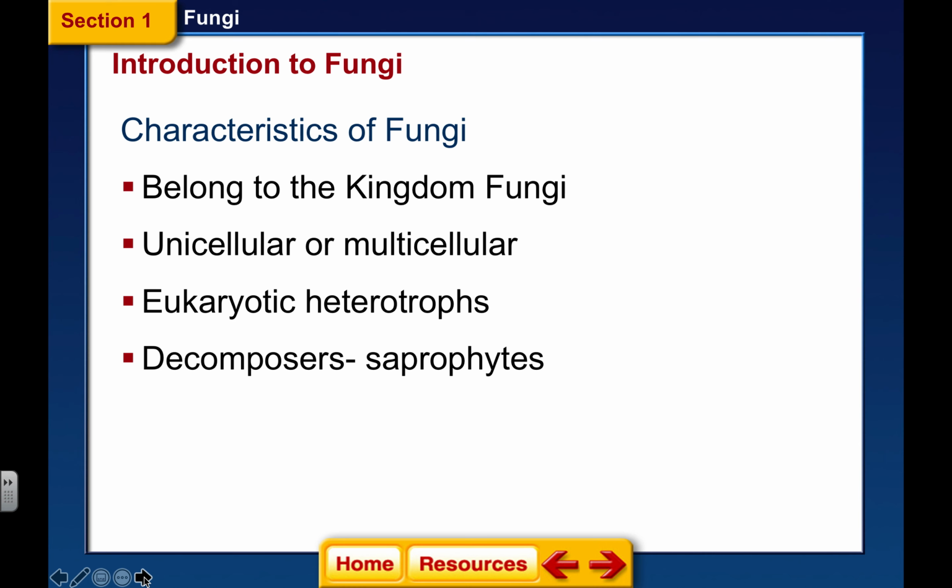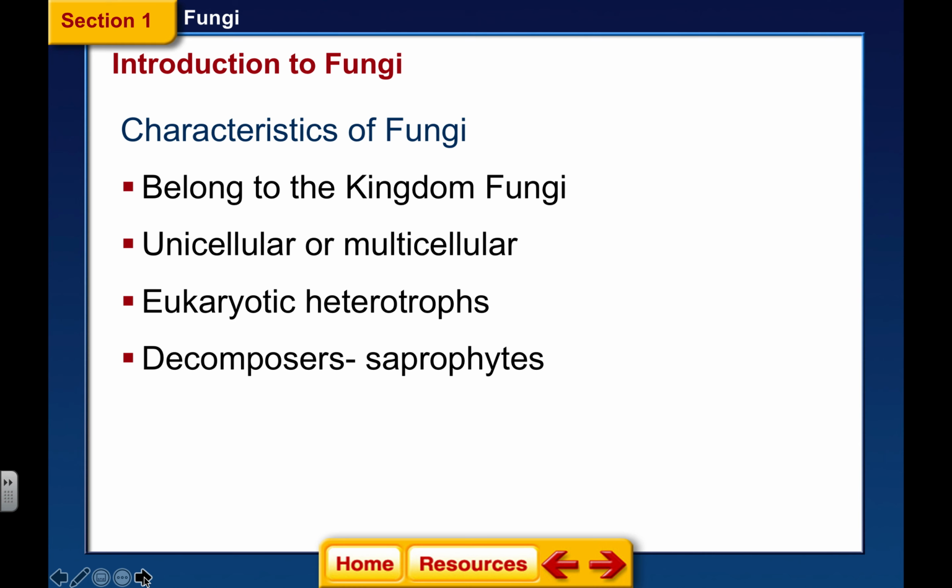So they're also heterotrophs. Fungus do not make their own food. They don't have chloroplast. They don't have chlorophyll. If you think about what a fungus looks like, you know what mold looks like or mushrooms, they're fungus. They're not green. They don't have chloroplast with chlorophyll. So they have a very special kind of digestion that we'll talk about in just a minute.